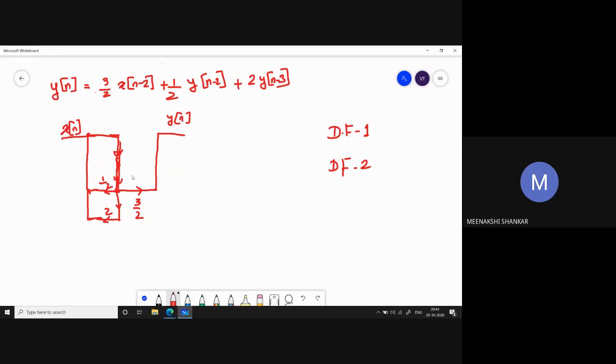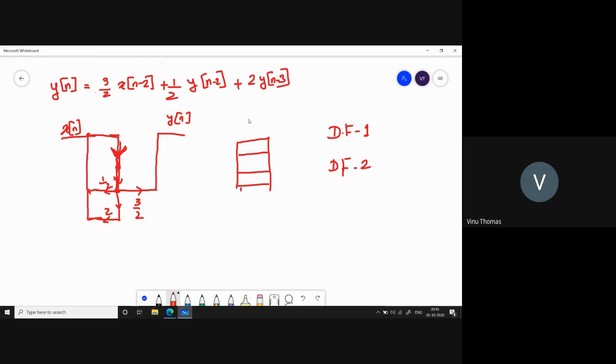Sir, I'm actually having a doubt. In case of those powers that have coefficient 0, do we need a memory location for them? Actually, you do require a memory location. Otherwise, you will not be able to get the immediate previous sample. It is just that you don't use it to multiply any coefficient. So you can think of this as a shift register, a parallel input, parallel output shift register.